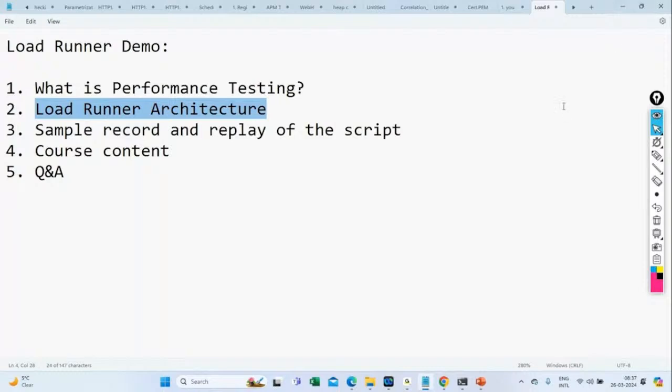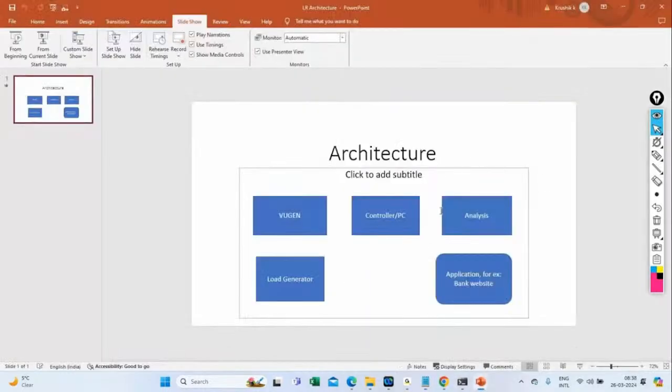So basically, you are saying that the controller is a bridge between your virtual user generator and the load generator. No, there is some other component called agent process which acts as a bridge between controller and load generator. So if you go to the diagram again,